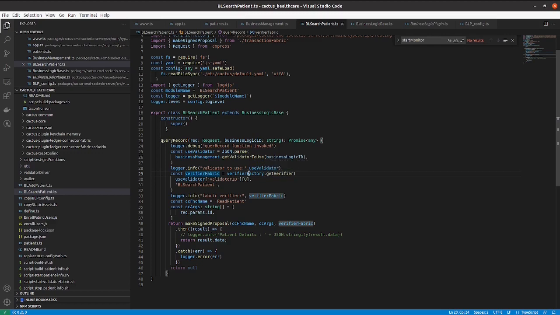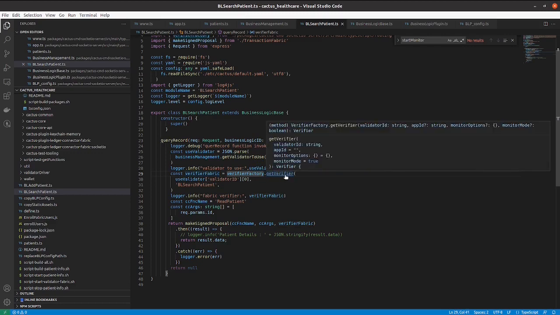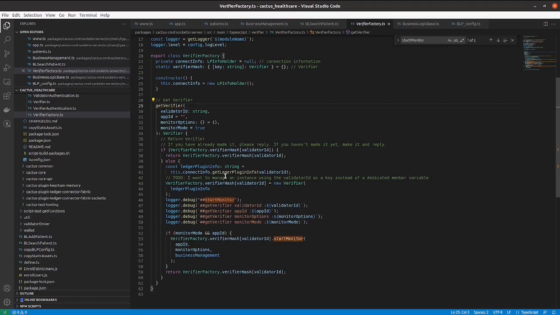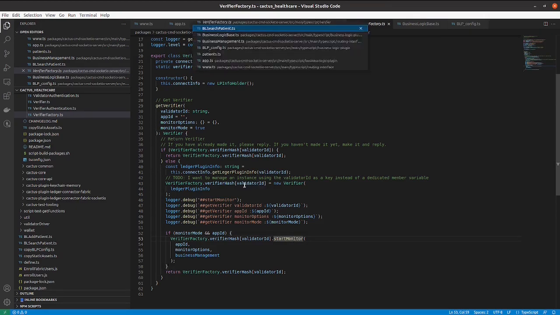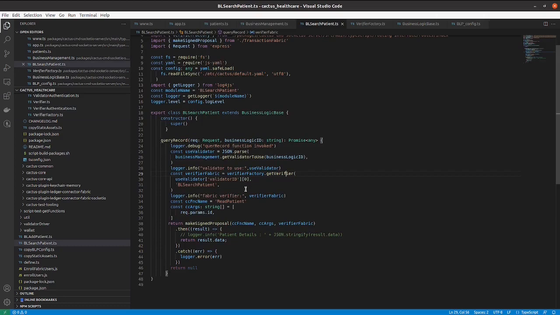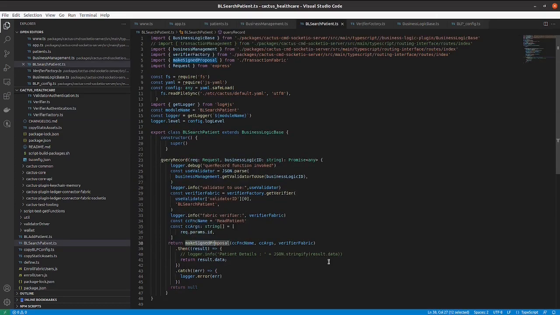Here if you go to that verifier factory, get verifier, this is returning a verifier object, and when we are creating the verifier object, it is calling the start monitor method, and it starts monitoring the ledger. After creating the validator and verifier object, we are calling make signed proposal method from the transaction fabric class, and the result we are returning to the calling method.